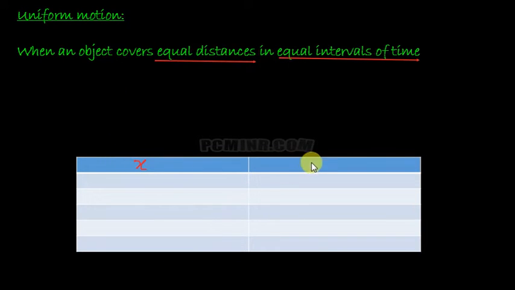So here I have x and time t. Maybe x you can take in meters and time t in seconds. Suppose the distance covered is 2 meters, 2 meters, 2 meters, 2 meters and 2 meters in the first second, then 4, then 7, then 10, then 13th second. So in every interval of 3 seconds, the interval is 3 seconds for every